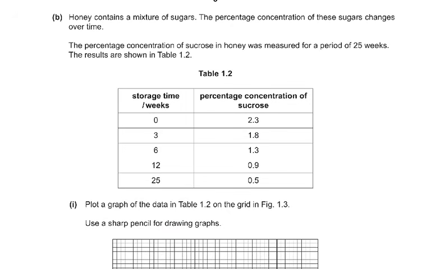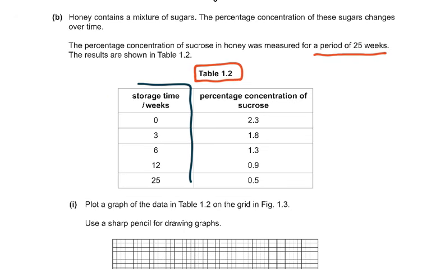Then part B of the question is usually a graph, and it says honey contains a mixture of sugars. The percentage concentration of the sugar changes over time. The percentage concentration of sucrose in honey was measured for a period of 25 weeks, and the results are shown in table 1.2. Now this is a very important part of the practical, and nobody should be losing marks in this. Now what we have to understand is that always